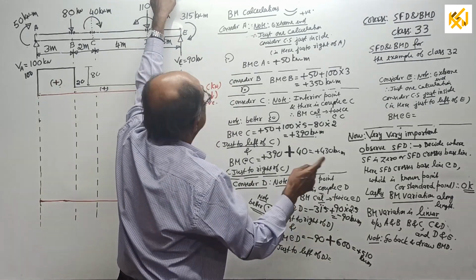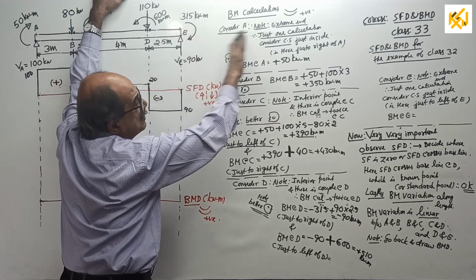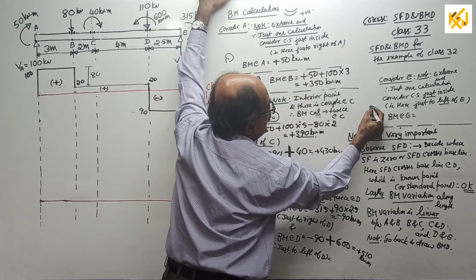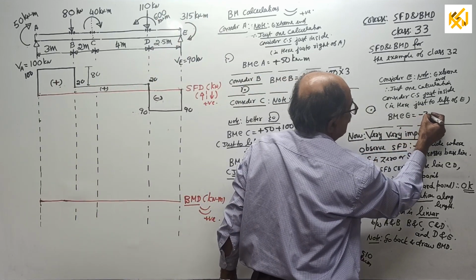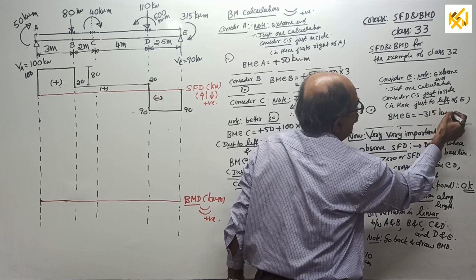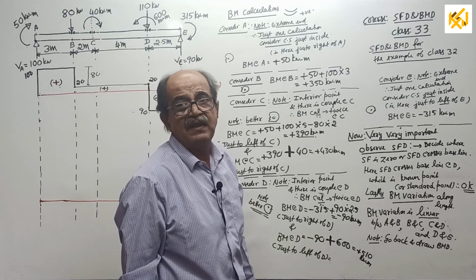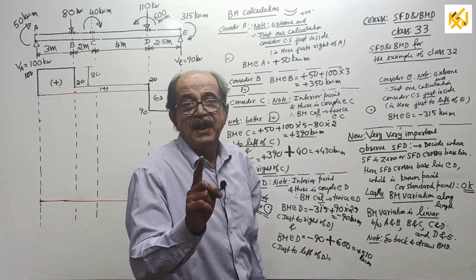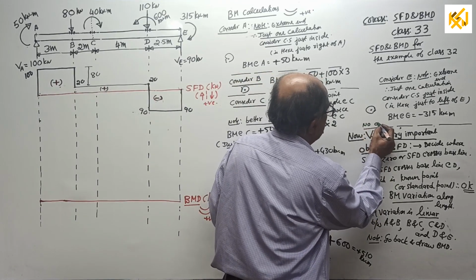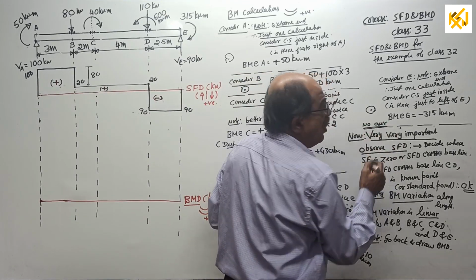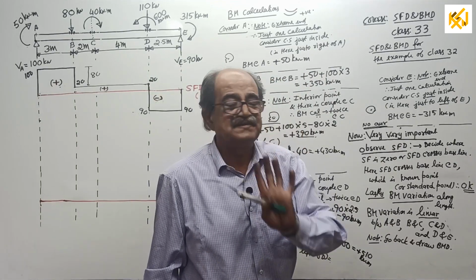Over. Now, lastly, come to E. I will not explain. Extreme end, better look right side. Right side, directly answer minus 315. Over. Minus 315 kilonewton meter. If that couple is not there, BM would have been 0 there. Okay. Now, very, very important. Not over. You write here. Not over. Because sometimes people will tell, sir, all standard points are over, therefore over. No. This will come in the next class.